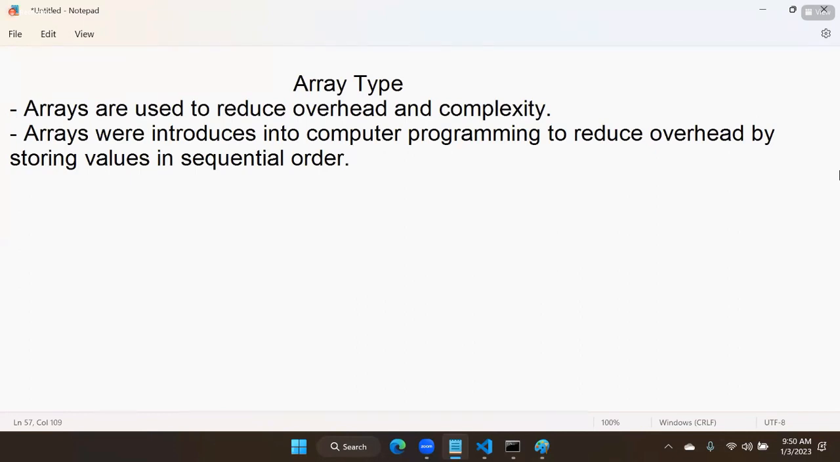By storing values in sequential order. Earlier we didn't have the arrays concept. Arrays came into computer programming after floppy, CD, and hard disk were invented. Earlier there was no need for arrays, because data was already in sequential order. After floppy, CD, and hard disk were invented and used in our computer devices, we started